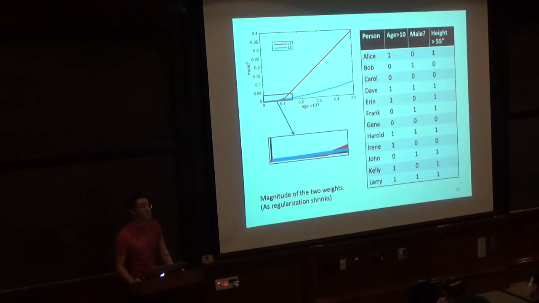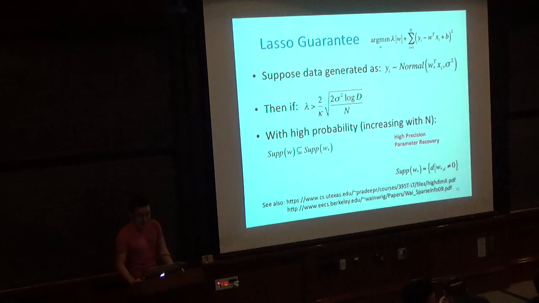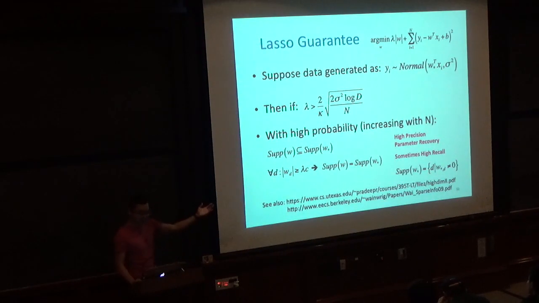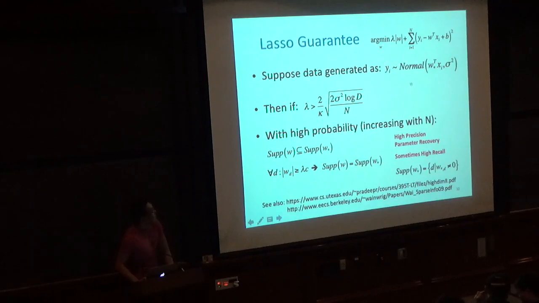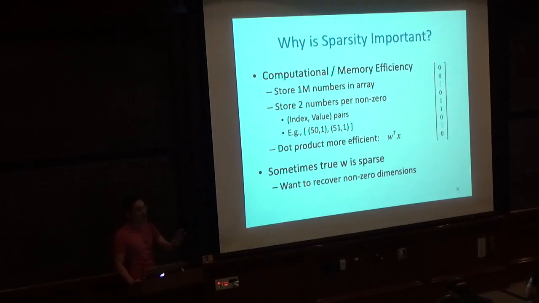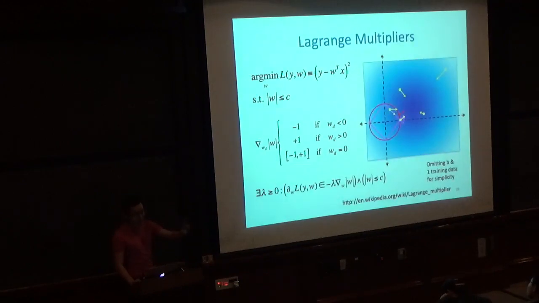Yes. Why probably sparse? Well, okay. So first of all, there are these types of analyses, which I'm not going to prove. If you're interested in the proof, you can see these references. If the true W was sparse, and there are many cases where you can imagine that the true W is sparse, you want to recover it. But even if the true W is not sparse, you simply just want a sparse solution for whatever reason. And there are many reasons in practice.